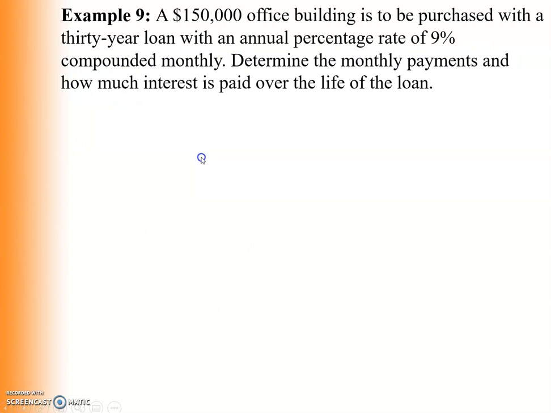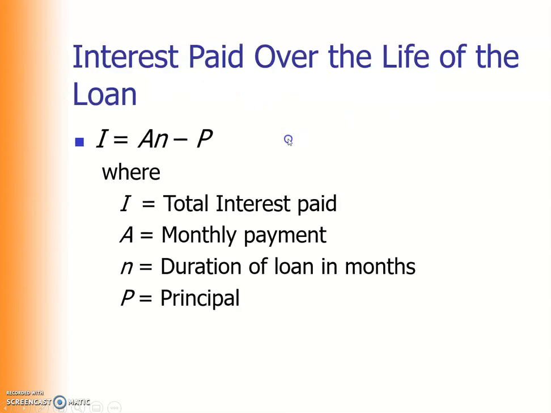Okay, so let's see it with the help of an example. A $150,000 office building is to be purchased with a 30-year loan with an annual percentage rate of 9% compounded monthly. Determine the monthly payments and how much interest is paid over the life of the loan. So in this case, I would like to